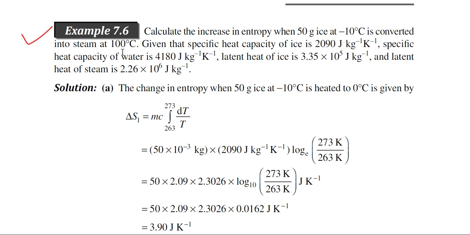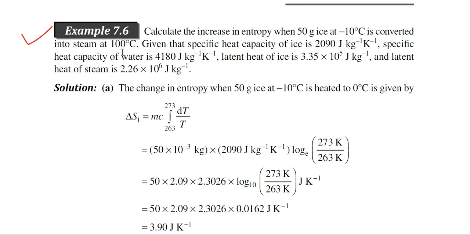In the first step, the temperature of the ice will change from minus 10 degrees centigrade to 0 degree centigrade. After coming to 0 degree centigrade, the ice melts into water. This particular process, when ice is melted into water, is a phase change process. When we consider the change of phase, we apply the formula that the heat evolved in this process is given by m into L. This formula will be used.